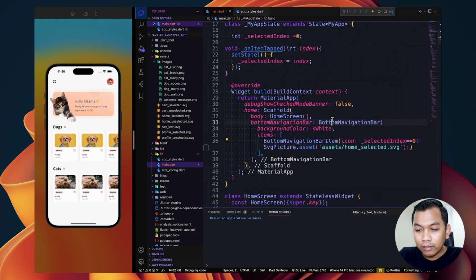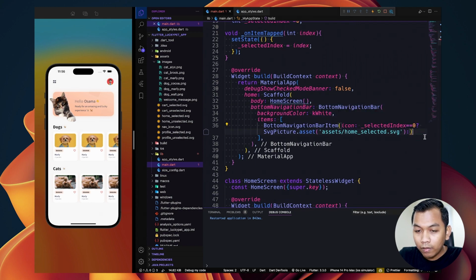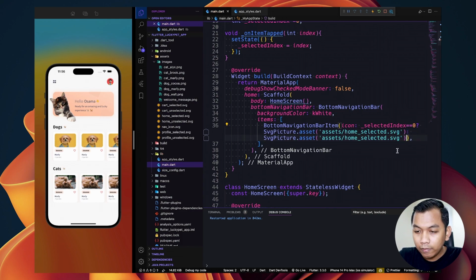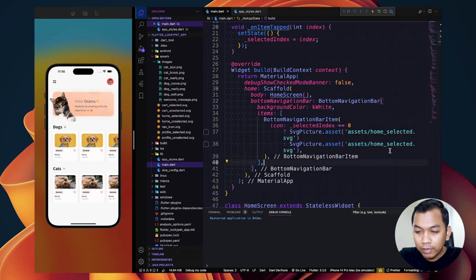and we can copy this SVG and paste here, look like this, and just add this unselected.